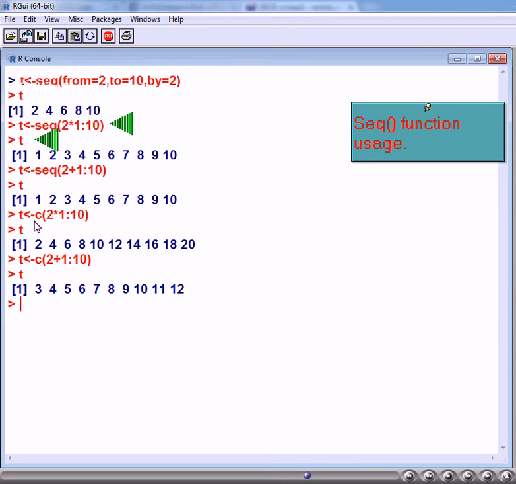Observe the behavior of the sequence function. I am sending 2 into 1 colon 10 as argument to the sequence function. The result is all natural numbers from 1 to 10. There is no effect of 2 into here.